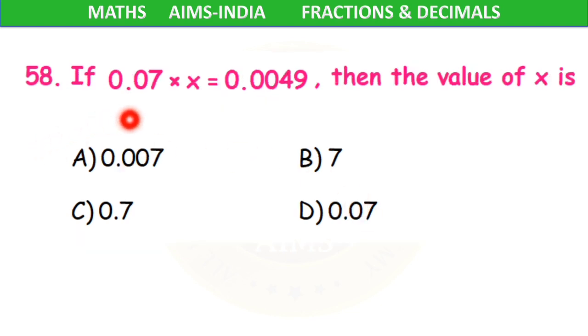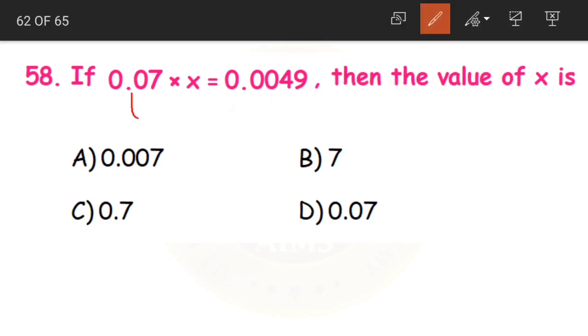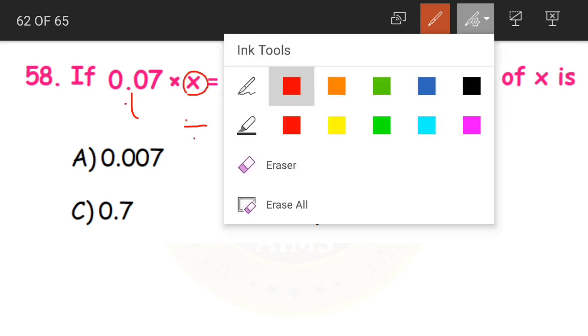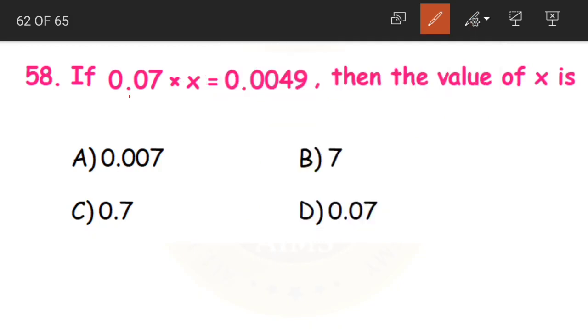Next question 58. If 0.07 into x is equal to 0.0049, then find the value of x. Again here we are having two numbers that are multiplied and one number is missing. We have to divide these two to get the missing number, or else we can go for the trial and error method. As I have already explained two questions wherein we divided the decimal numbers, here we will go for the trial and error method. That means we will take each of the given options, multiply and see which is the correct answer. 0.07 into, the first one is